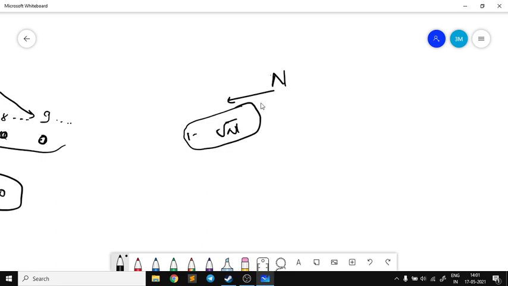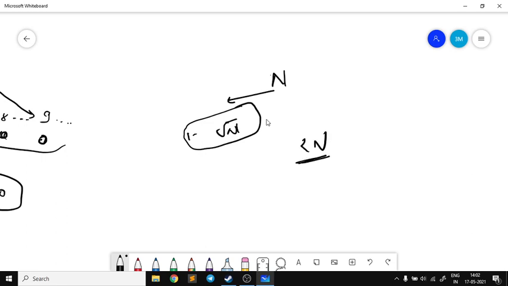And one more thing I can say: why am I checking till the root of n? Because all the numbers less than n will also have their factors or possible divisors in the range 1 to root n. So root n will basically be the larger range, because this range will cover all the factors for numbers less than n also, right?